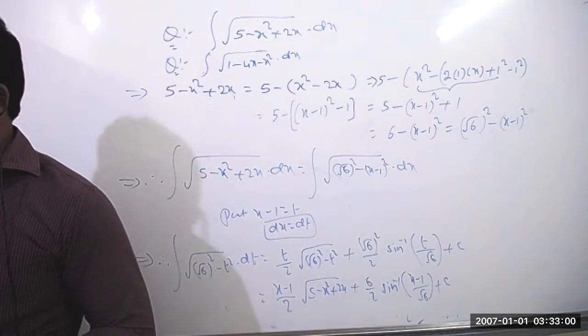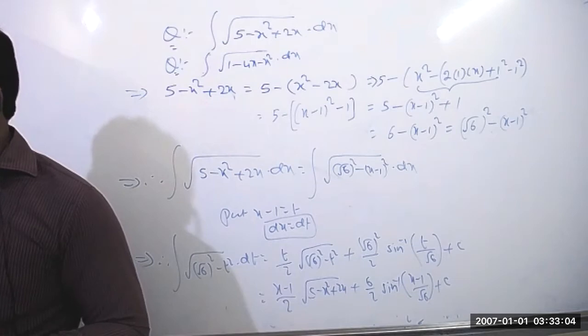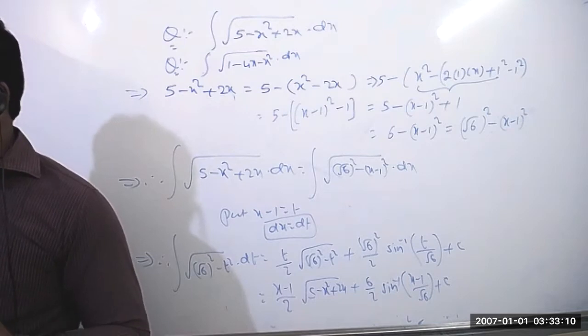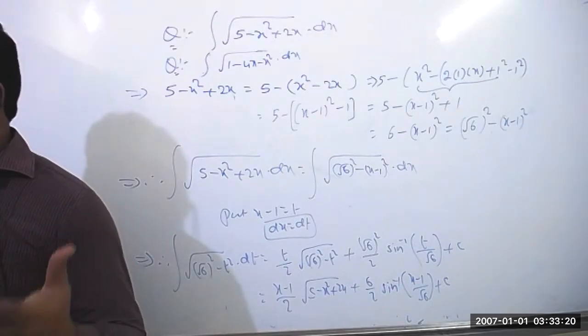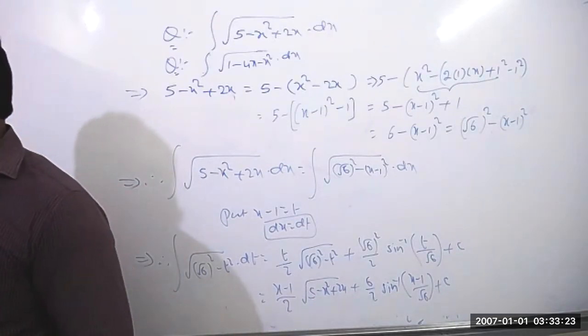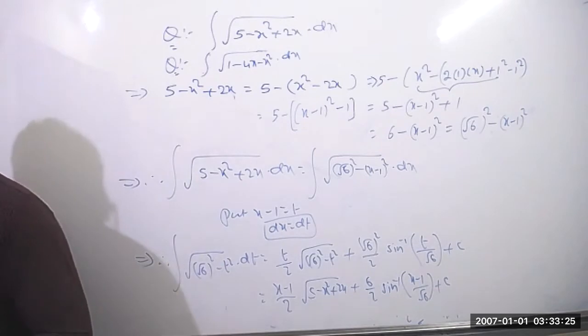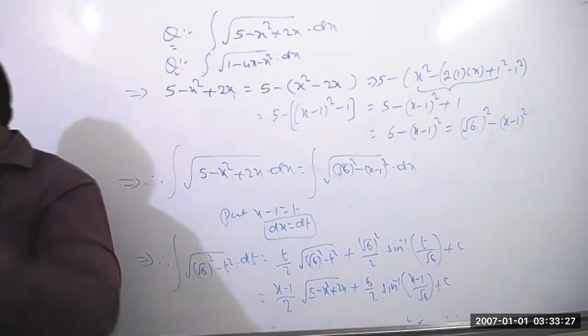Any question paper, either PU or +2 also, they'll ask the question like this. First you find the integration of root of a square minus x square or x square minus a square with respect to x, and hence evaluate integration of root of some other quadratic expression. They'll give a quadratic expression.